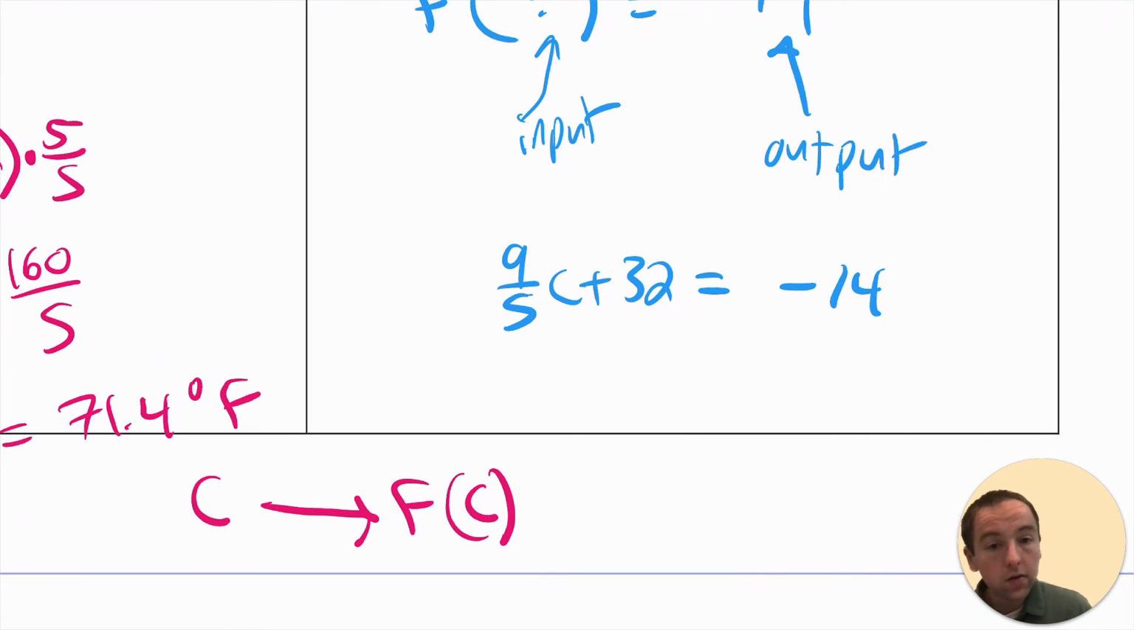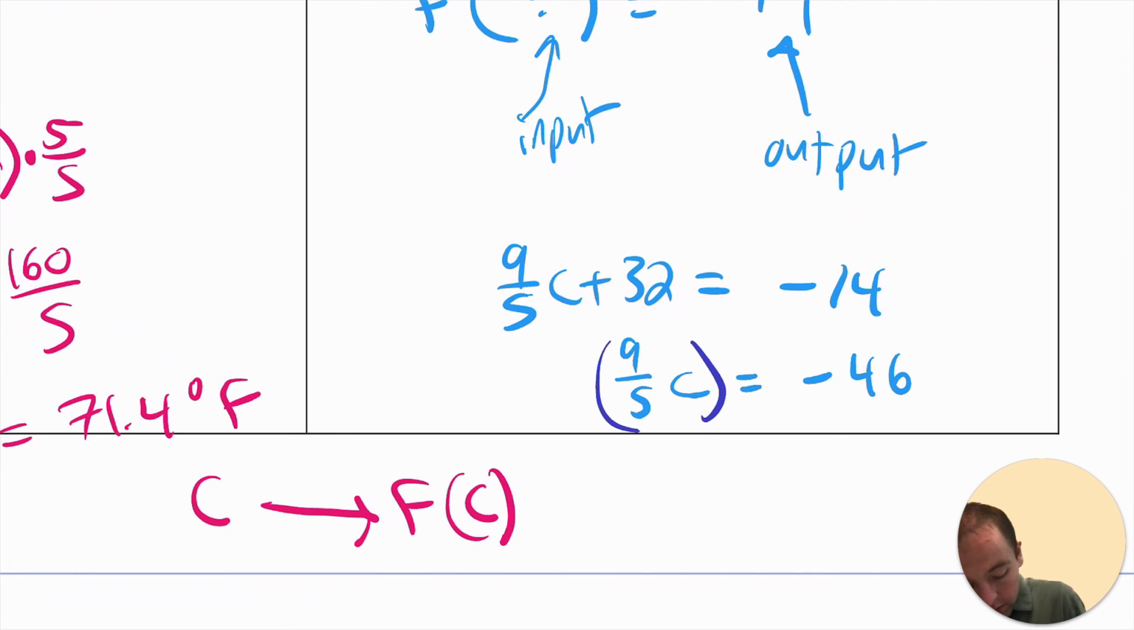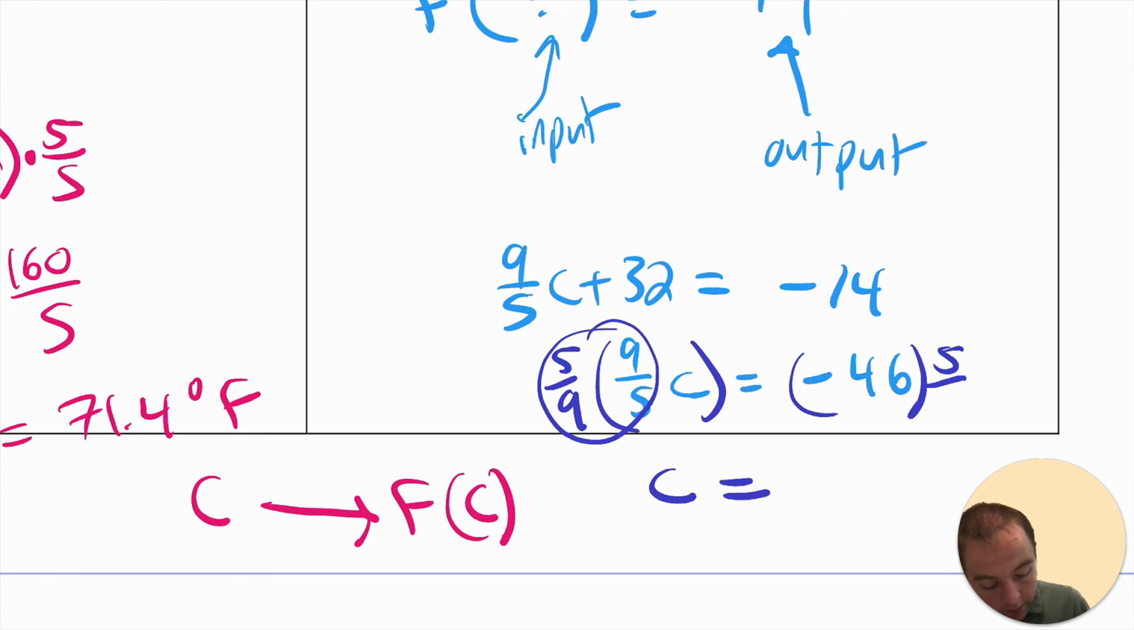So if you first subtract 32 on both sides, then you isolate 9/5 c, and that's going to give you -46 on that side. And then we're going to have to multiply both sides by 5/9, because that's just going to multiply to equal 1, so you just get 1c on that side. And then you have to take this side and multiply it by 5/9 there. When you do so, you're going to end up getting -239